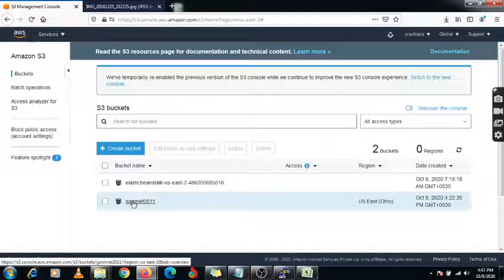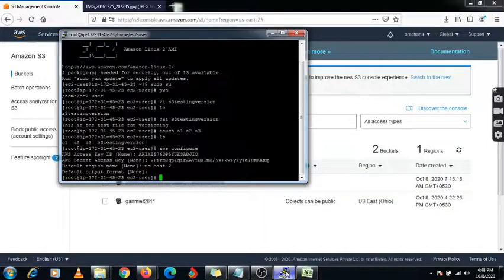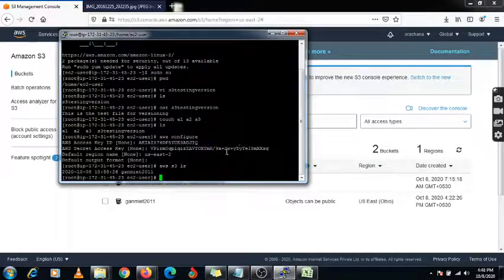So under this S3 we have already created one bucket. So how can you access it? Using this command, that is aws s3 ls, you will get this output. This is my gun MIT, this is the bucket which I have created. And if you want to create another bucket, you can use another command, that is aws s3 mb for make bucket, s3 colon double slash, and you just need to specify your bucket name, or some new name.